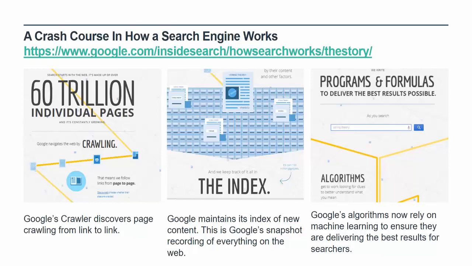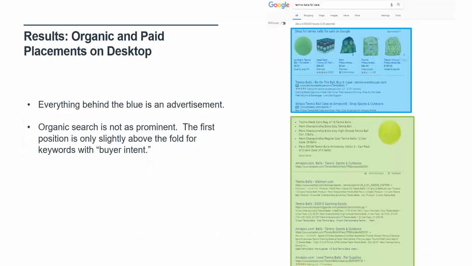Isn't that cool? Here's what makes Google, in the eyes of having the greatest market share, the best search engine. It's their proprietary algorithms. It's the fact that they do such a good job delivering relevant results. So to summarize, Google crawls from link to link to link, builds its index, and ranks you based on its algorithms. As I said before, they don't give away their secret sauce, but you do have people like us as part of the Pepperjam family that have tons of experience to help you learn if you are hot or cold. And I can't thank you enough for dialing in today to hear us rant about it.